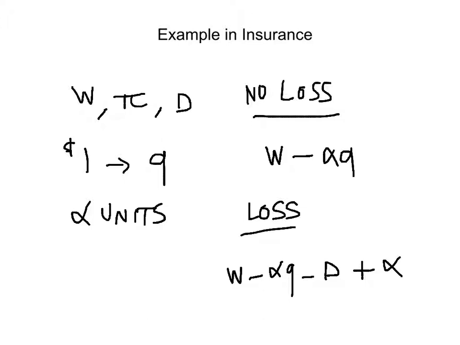Now we can assume, of course, that each amount would give you a particular utility level. And there's a probability associated with each payout. In this case here, it's 1 minus pi, and in this case here, it's pi, the probability of the loss occurring. So the problem here is to try to maximize the utility of this lottery, which means finding the optimal alpha, how much to insure,